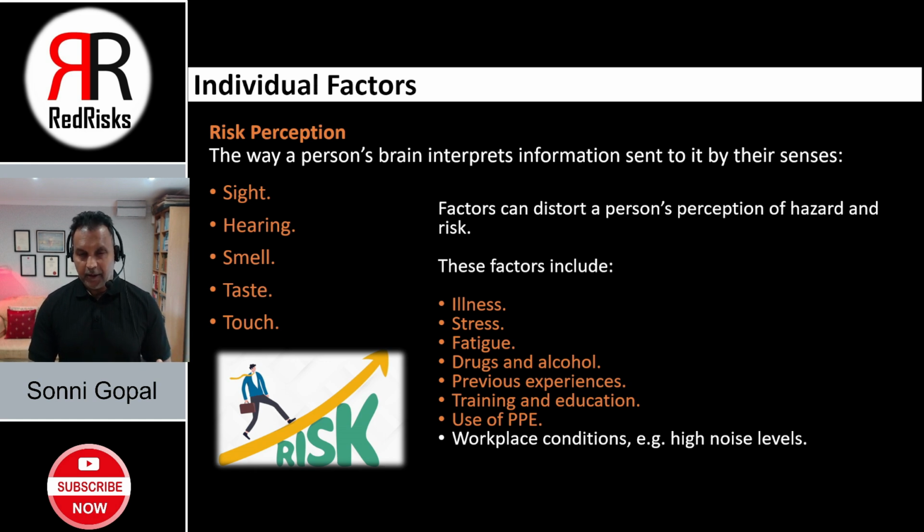But certainly, if we base our perception on the five senses, if you like, the sight, hearing, smell, taste, and touch, we should all relatively have a fairly stable baseline when it comes to the perception of risk. If you see a rhinoceros charging towards you, I'm sure that my risk perception of that will be almost the same as yours. Of course, let's not forget there is that fight, flight, or freeze that also comes in at that stage. Yes, I know lots and lots of content here when it comes to individual factors. We're all different at the end of the day.